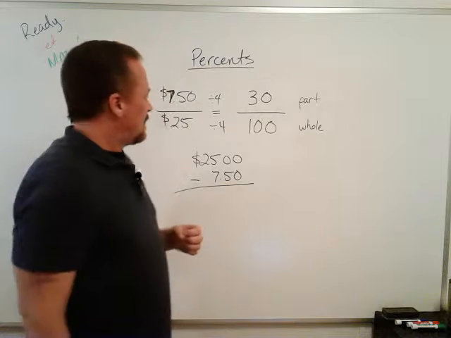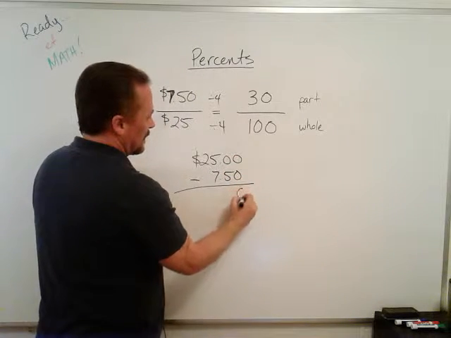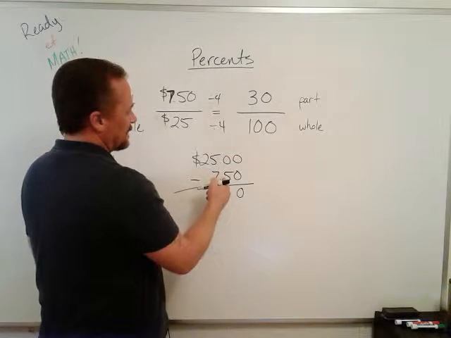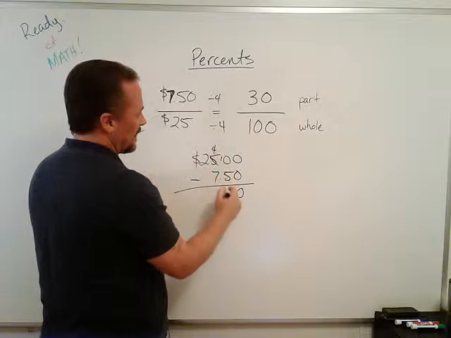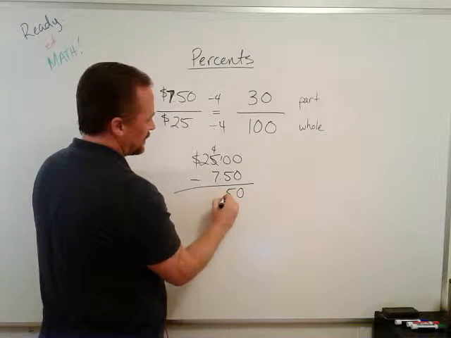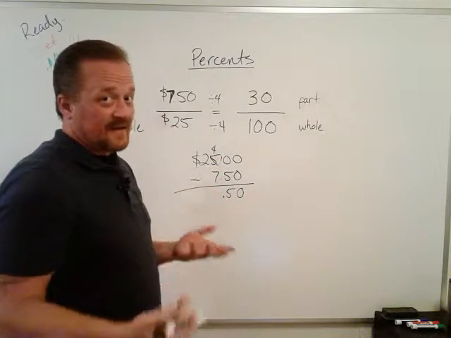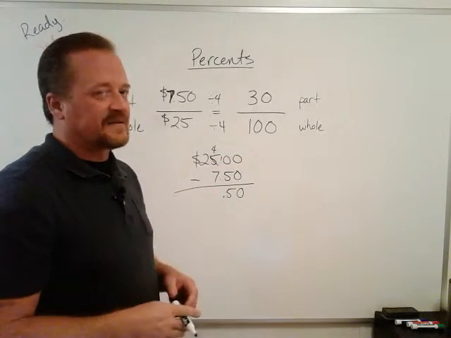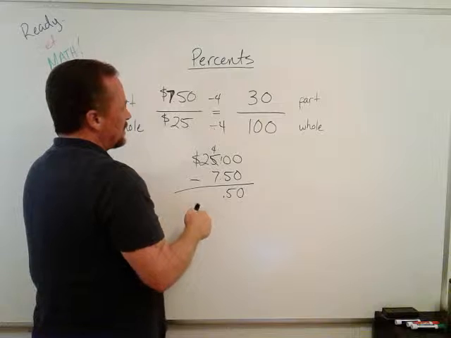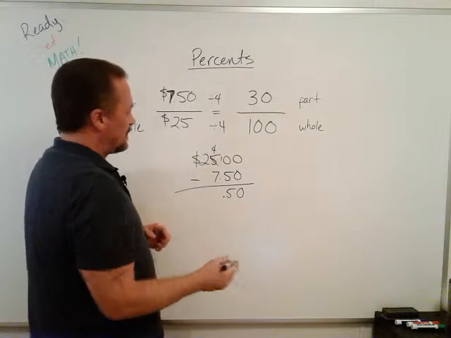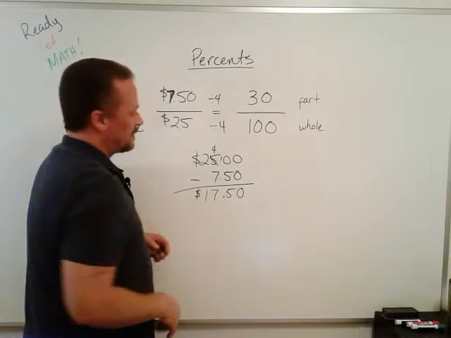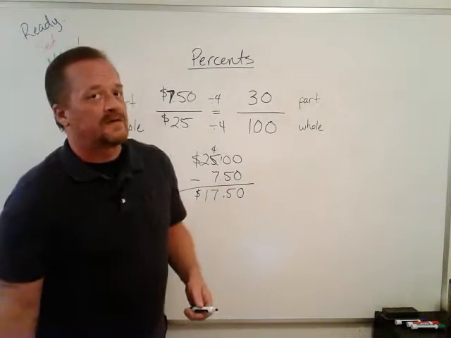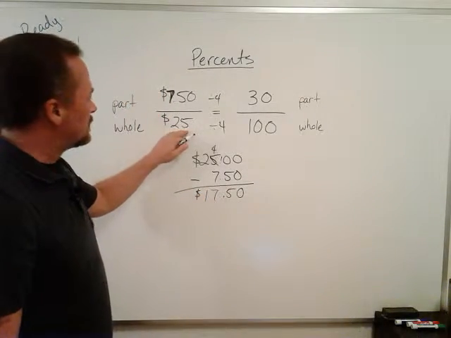Okay? 0 minus 0 is 0. I can't take 5 from 0, so I'll go ahead and borrow 1 from here. 10 minus 5 is 5. Decimal comes straight down. This is something that we're going to see a lot of in the next unit. And 24 minus 7 is 17. So originally this shirt was $25,